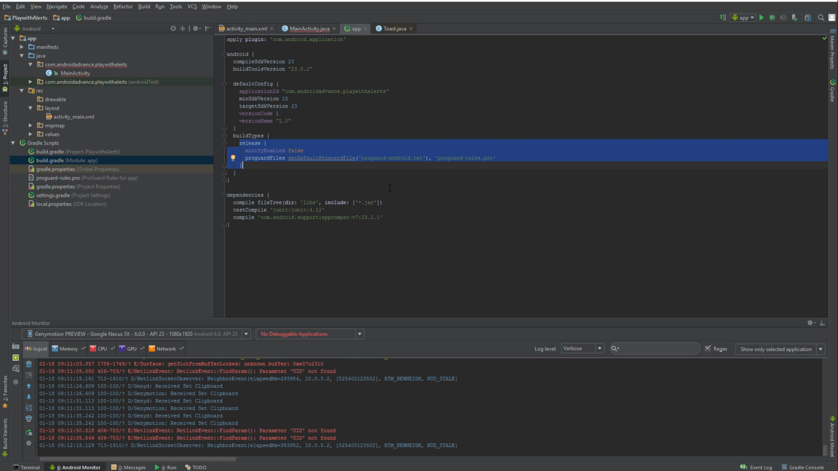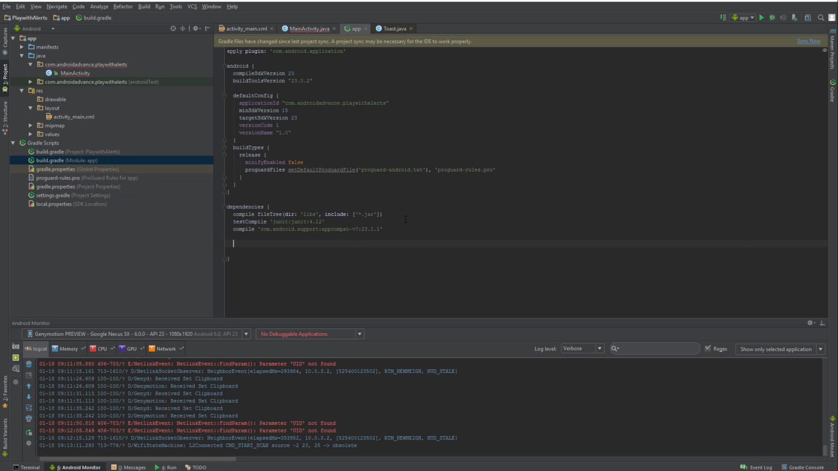So what exactly is Gradle? Gradle is a build system, and it takes the best features from other build systems and combines them into one. The cool thing about Gradle is that you can add different plugins, so different libraries, very easily. So if you see here in dependencies, we want to add the design library. We will just write compile Android support